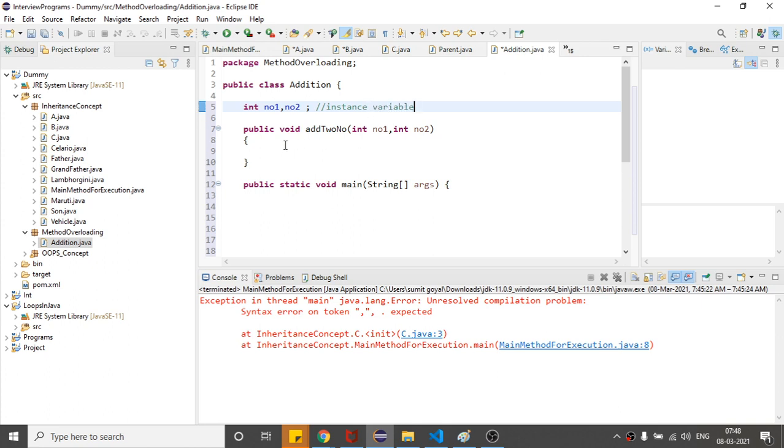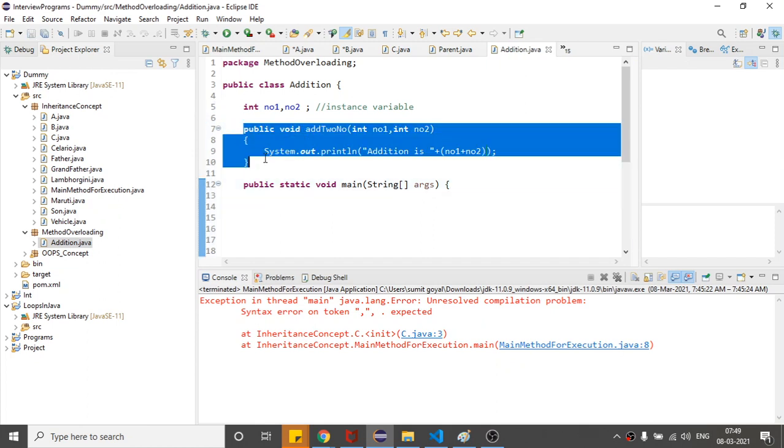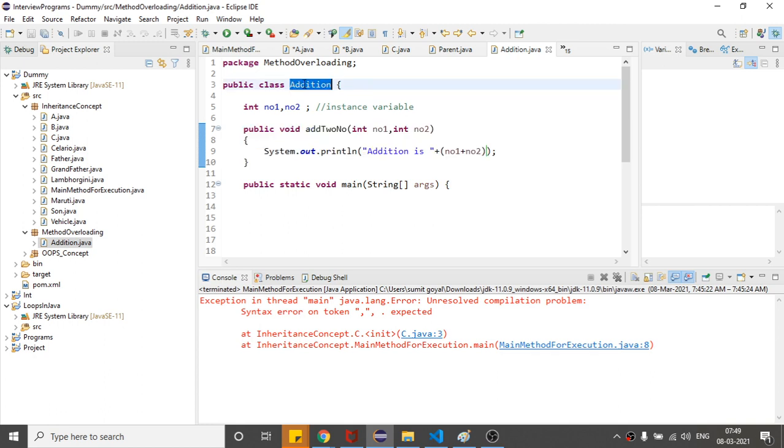And after getting the number, if I say system.out.println addition is number 1 plus number 2, and if I want to call this method, as this is present inside this class, I have to create an object of this class.